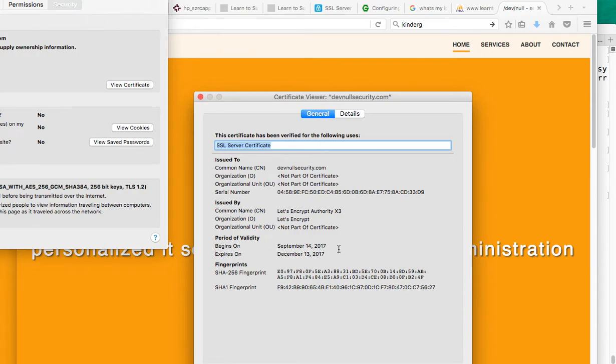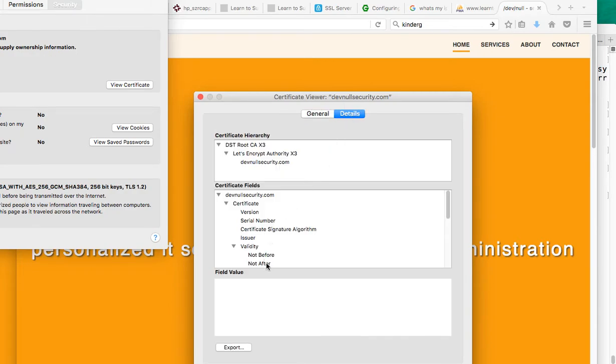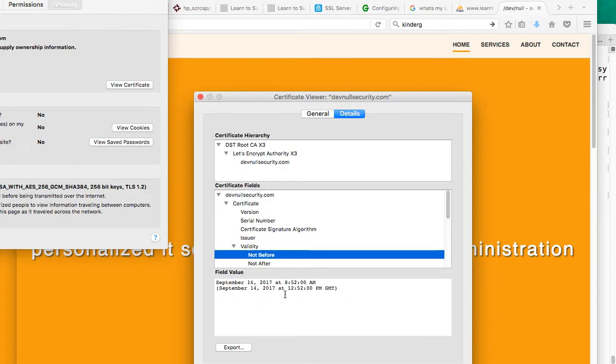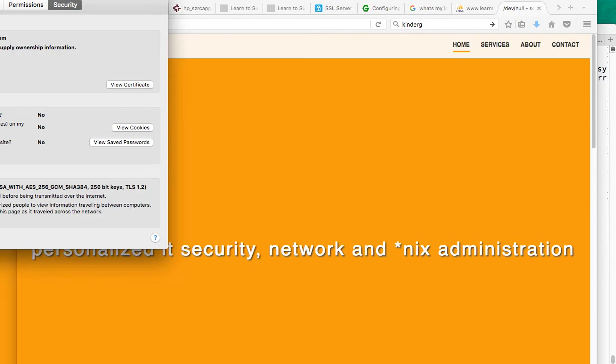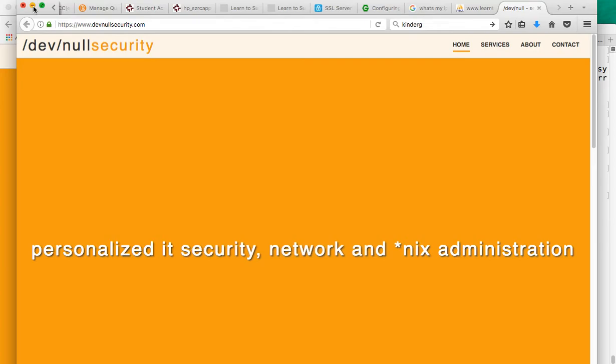Oh, Firefox doesn't want to tell me the time. So if you click on details and look at the time, see this says 8:52. So Firefox is properly showing me the new certificate after I reloaded it. Chrome, for whatever reason, has still cached it and refused to check. There's probably some way I could force that by hitting Shift Enter or some nonsense, but I don't really care about that. So basically, the point of that is after you get the new certificate, you need to reload